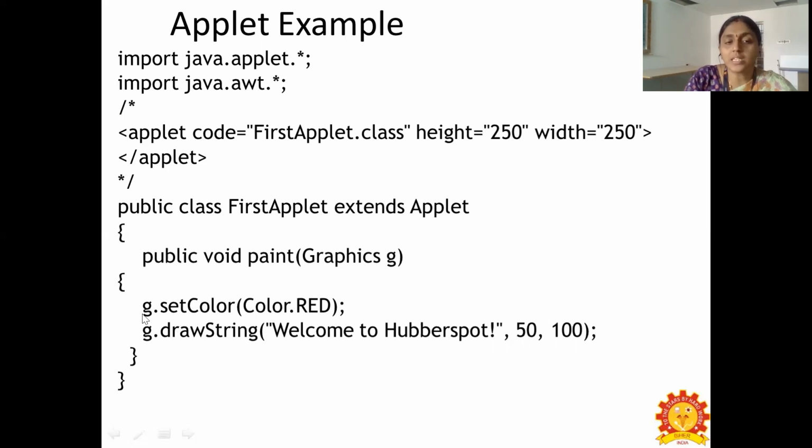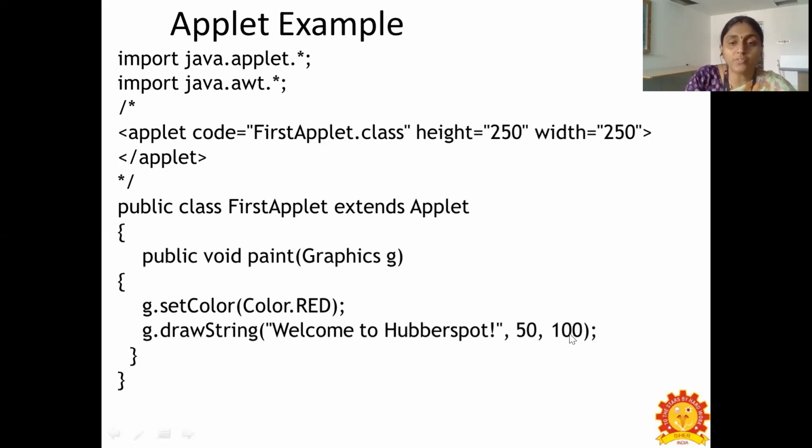Here we are setting the color as Color.red. So g.setColor and the color as red. And then g.drawString, where we are going to display a message on the applet window. What message is that? Welcome to HubSpot. This message will be displayed at a particular position. What position is that? Here, 50, 100.